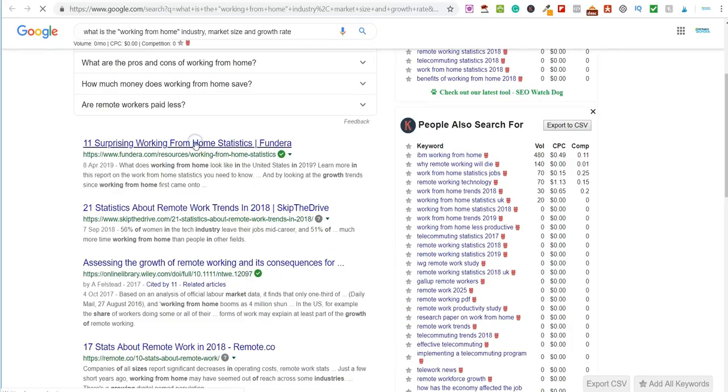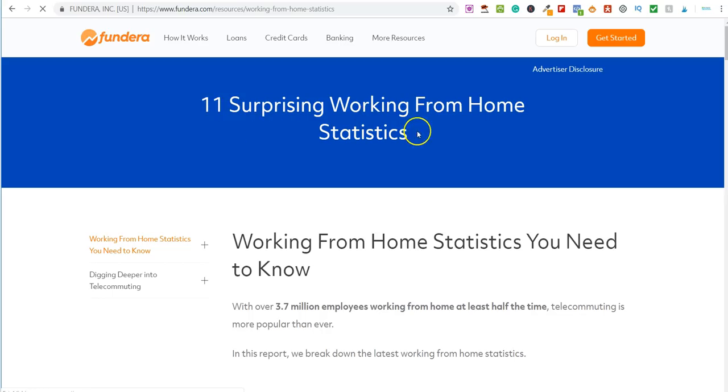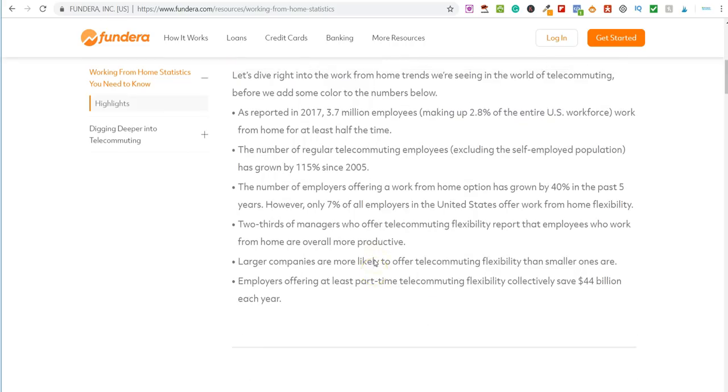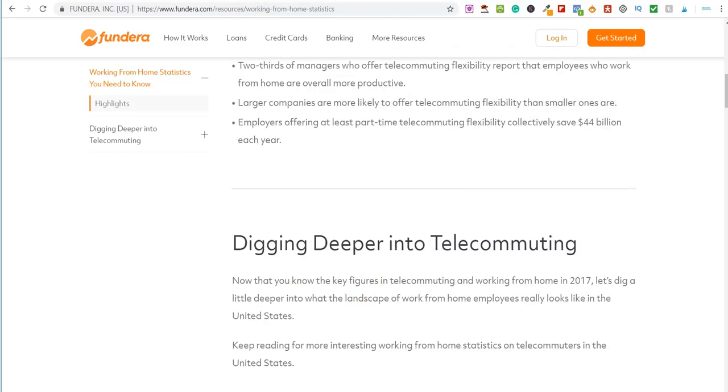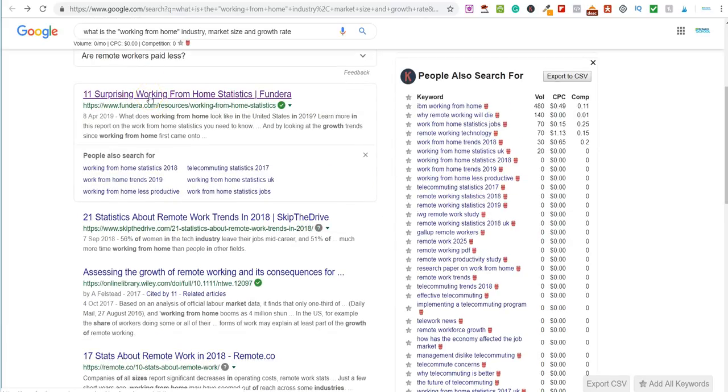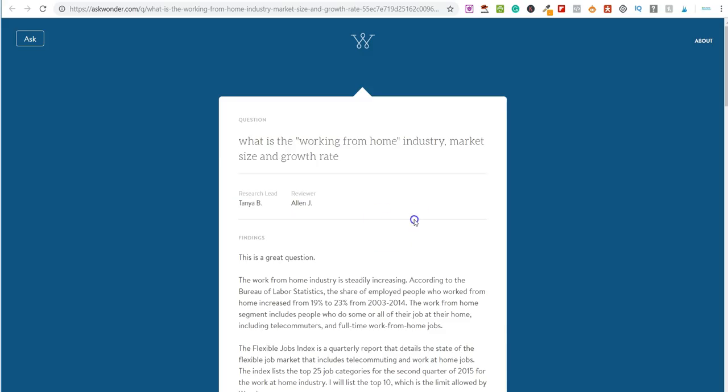So you'd go into here, this 11 surprising, what was this one? 11 surprising working from home statistics. They would go in here, they would pull some of this here we saw earlier on in the answer. They've taken some of the information from this article here. They will have gone into, I would say, a minimum of 3 or 5 of these different blog articles here and these different websites with statistics on them, and then just compile them into a really simple answer